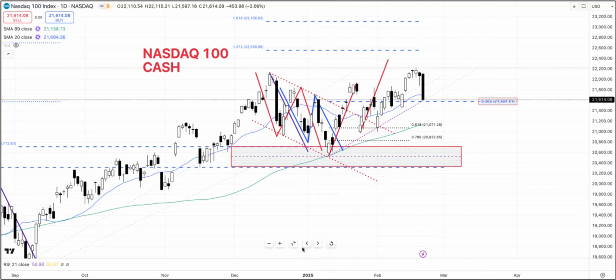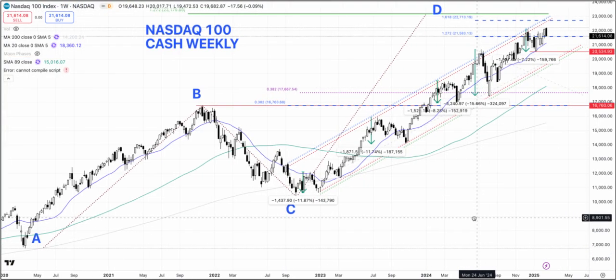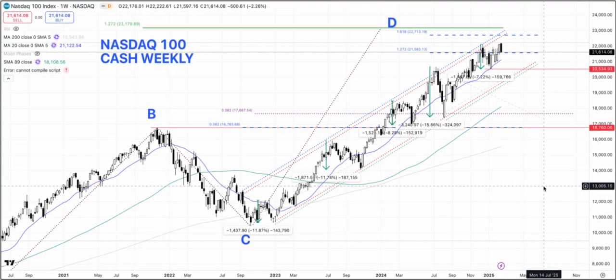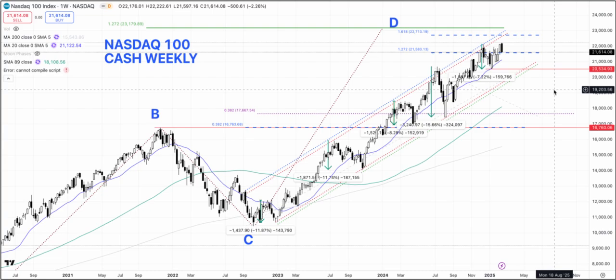Now, if we were to take a look at the longer term weekly, what we can see is basically we are most likely in this ABCD higher. We reached our first target of 21,580. We could make a dash for the upper boundary of this channel again, around 22,700, all depending upon those key levels that we took a look at on the daily chart. So really interesting formation taking place in these indices.